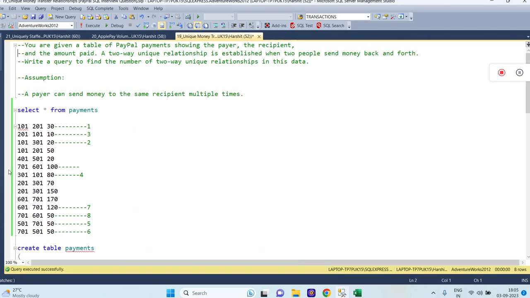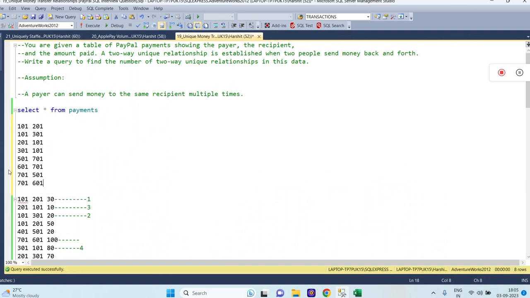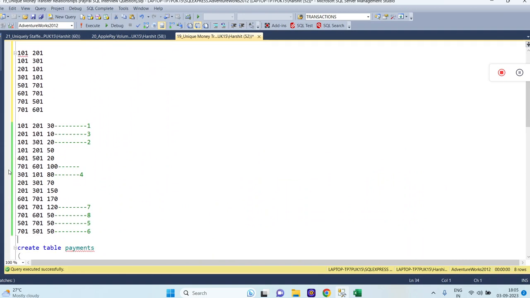So if you see from this entire data, 101 is a payer ID and 201 is a recipient ID. But then the same 201 is coming again as a payer ID and 101 is coming as a recipient ID. So this will be one relationship. Then this will be another relationship, right? So if you see over here,